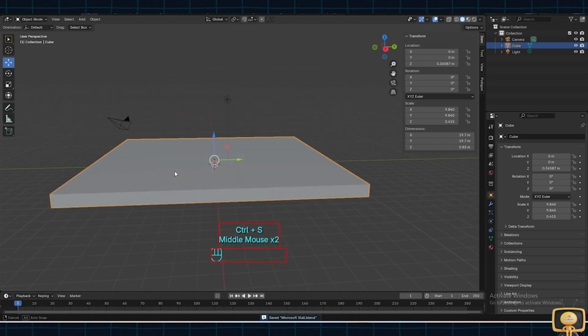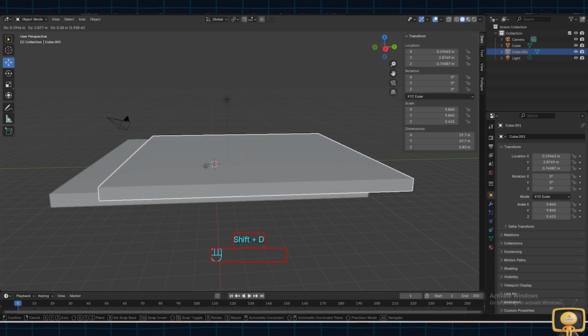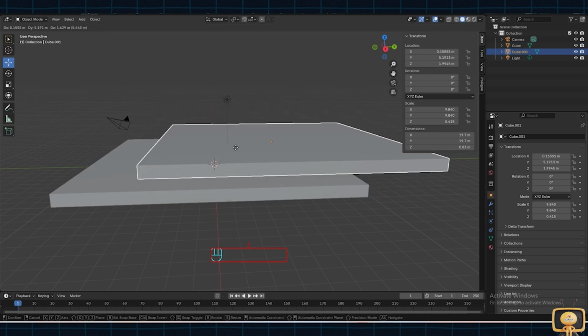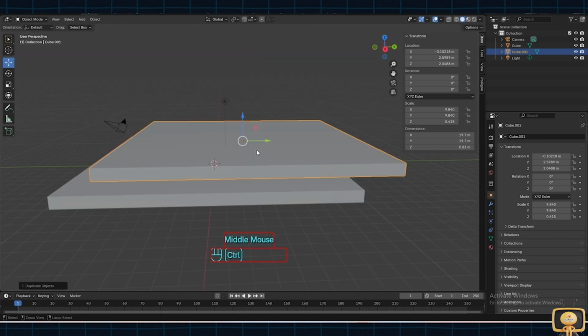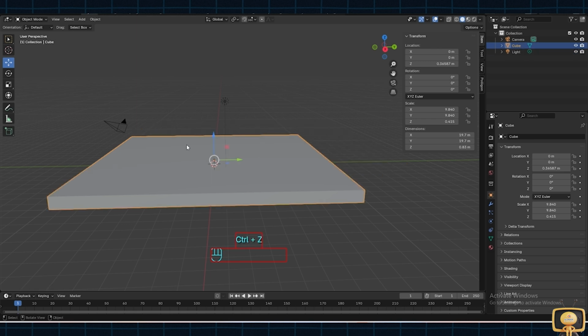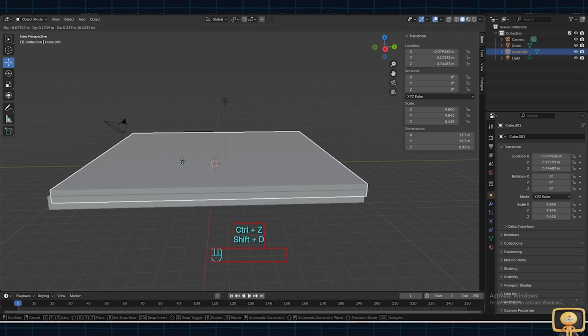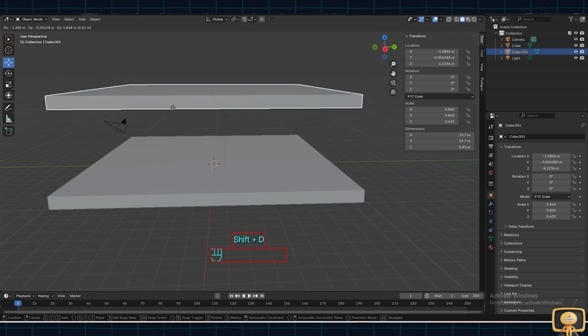So let's generate the wall, that is Shift plus D, and you can see it is duplicated. If you press Shift D, as you can see, it duplicated, and I have not clicked anything.